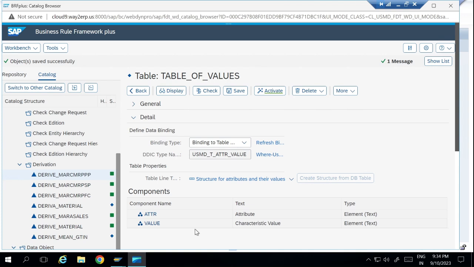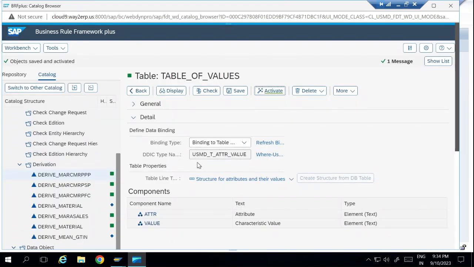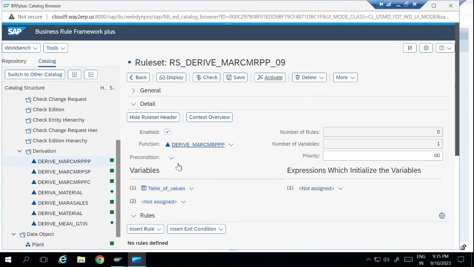So we don't need to make further changes in this, and we will activate this. Do you want to activate the table object? We'll say yes, and now we'll press the back button. So after the definition of the variable table for values,